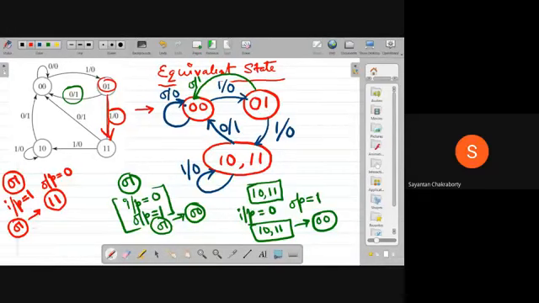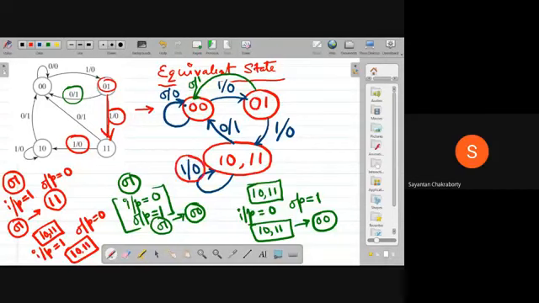What about the present state 10/11? Input is 1, so output will be 0. And this 10/11, if you put input 1, it will be 0. See this path, and it will remain there. So in this case also, for input equal to 1, the transition is from 01 to 11 and for the other, for both the cases. And we have seen for input equal to 0, the transition was identical. So you can say that this state 01 and this equivalent state 10/11 are again